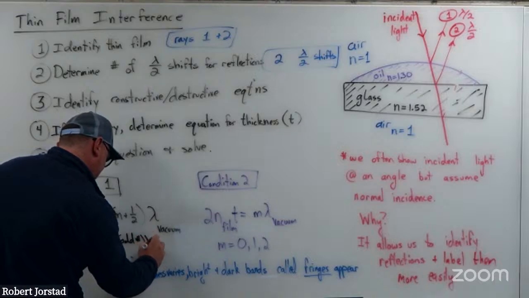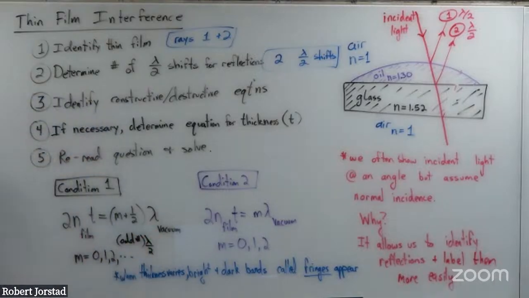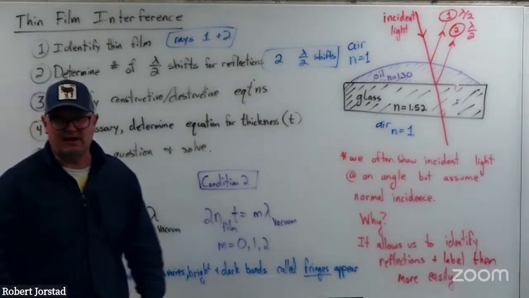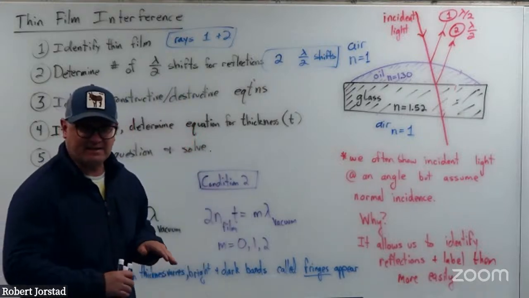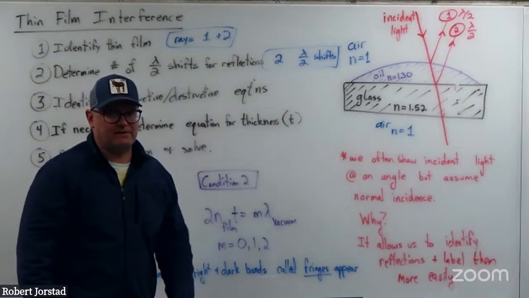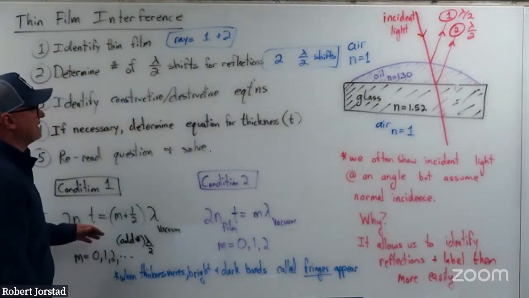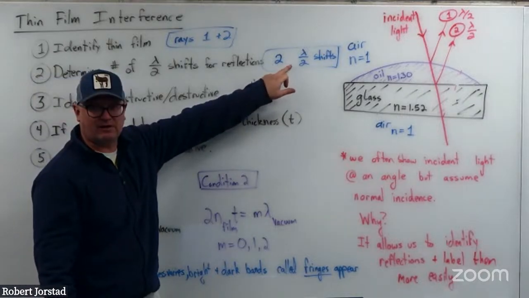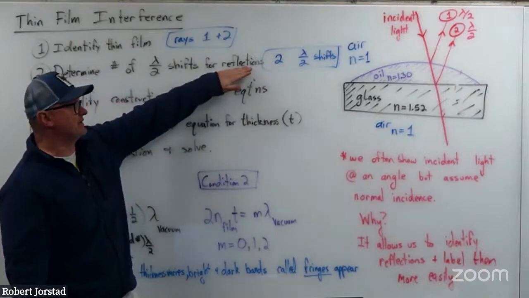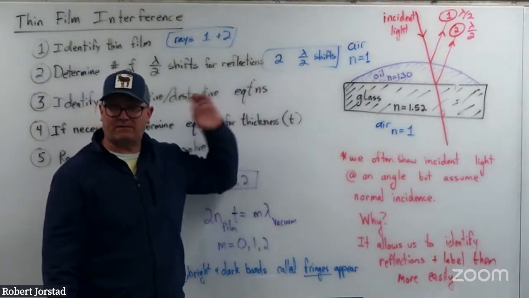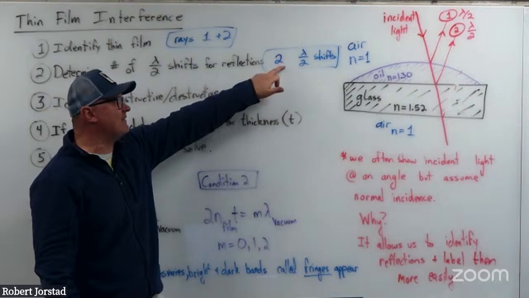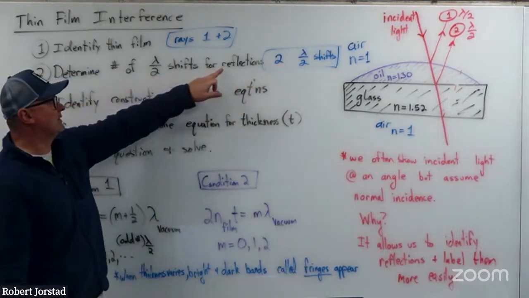Now, is this going to be constructive or destructive? Your gut instinct is to say, oh, lambda over 2, destructive, right? That's like saying something's hitting a crest when something's hitting a trough. But that's not enough for thin film interference. We need to also consider if these lambda over 2s are going to affect it. Now, if you have an even number of lambda over 2 shifts here, that's equivalent to a full wavelength shift. You're still cresting at the same time. So if you have an even number of lambda over 2s,